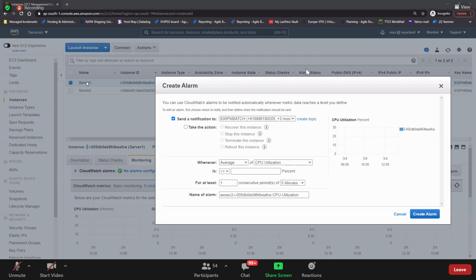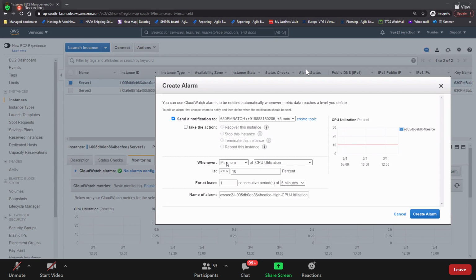Minimum only, right? So if I want to take some action, should I take maximum or minimum for our requirement here? Minimum only, right? Yeah. So what I do is, whenever my CPU utilization minimum is less than or equal to 10%, my CPU utilization minimum is less than or equal to 10%.